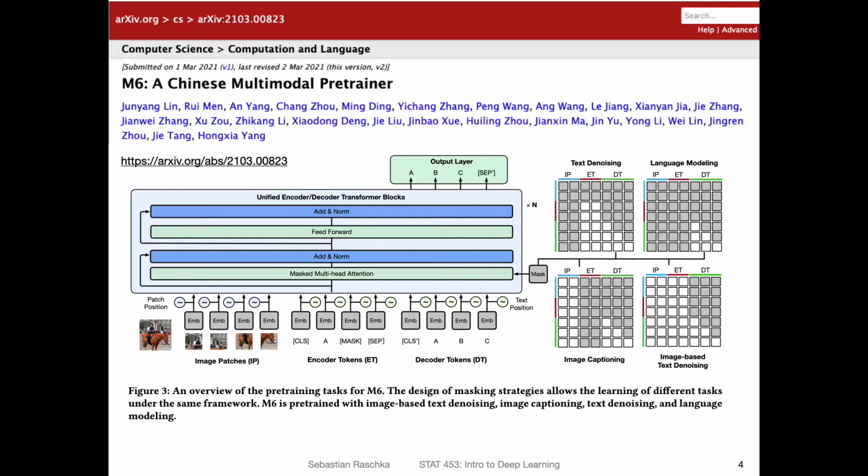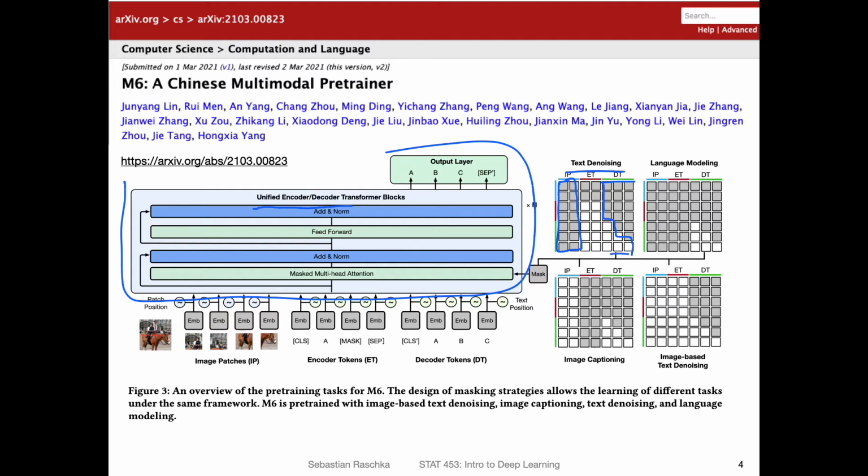Essentially, how they achieve that is by masking. So they have the same model. They call it a unified encoder-decoder. I'm not an expert in these large language models, but I think this is based on NVIDIA's Megatron. I've seen something similar before. In any case, here they have these different masking strategies. For instance, when they want to use the model for text denoising, they would mask out all the gray parts here, which is the IP, they call it IP, and DT mostly. But they maintain some DT.